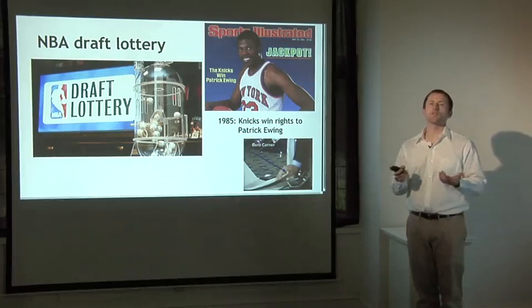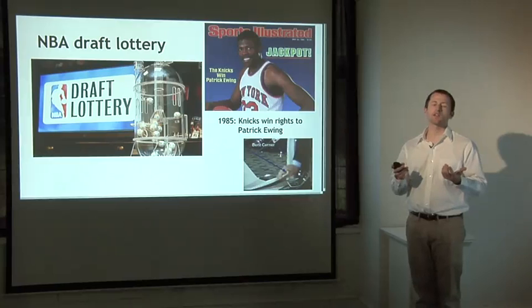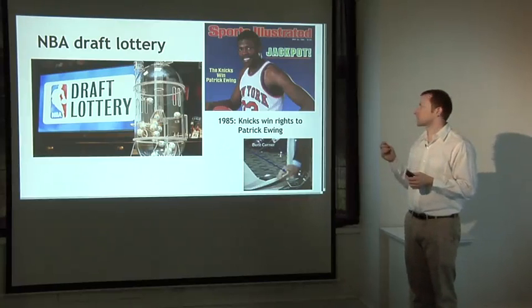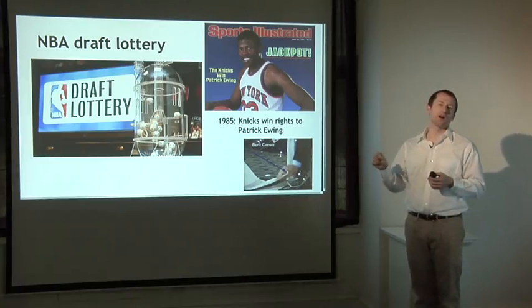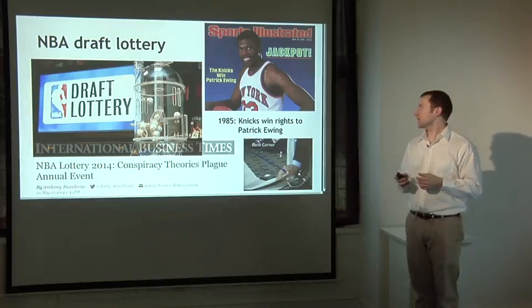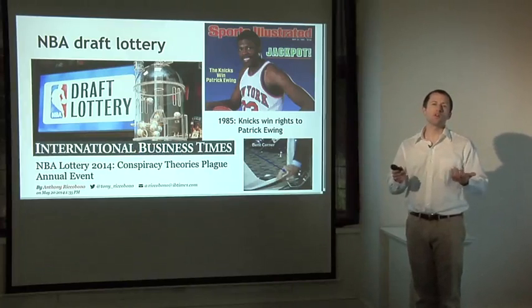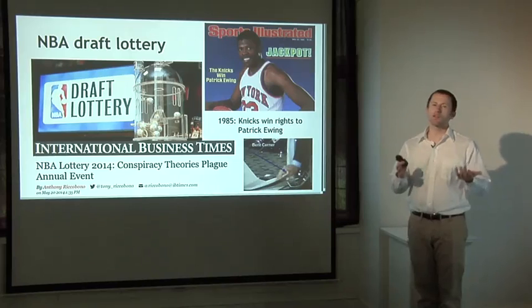So if you go online, you can find all manner of conspiracy theories for how the NBA rigged this process, such as the famous bent corner theory, which says that they pulled an envelope that had a bent corner out of the bowl of envelopes with different team names in them. And even today, they do this lottery every year, and there are a whole bunch of conspiracy theories that come out immediately every time they do it, alleging that the process wasn't fair, it wasn't truly a random draw.